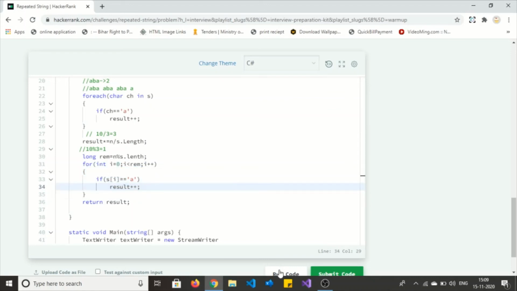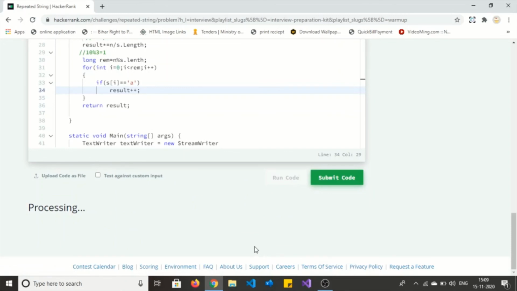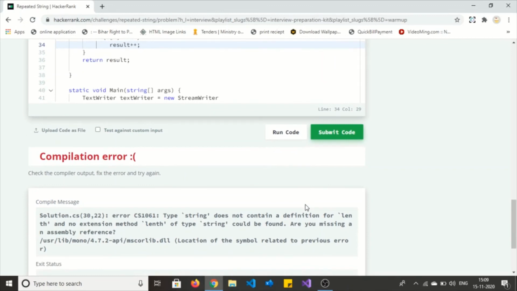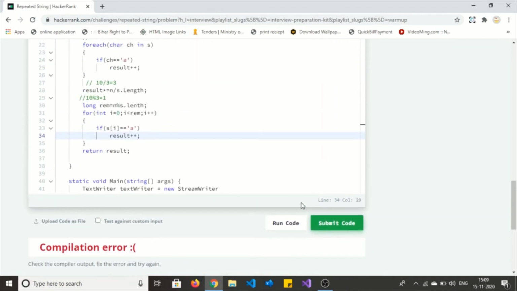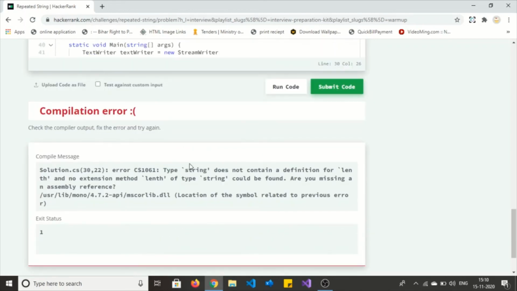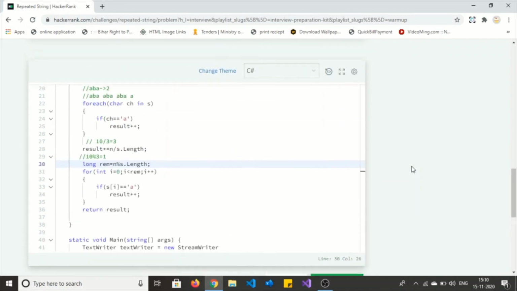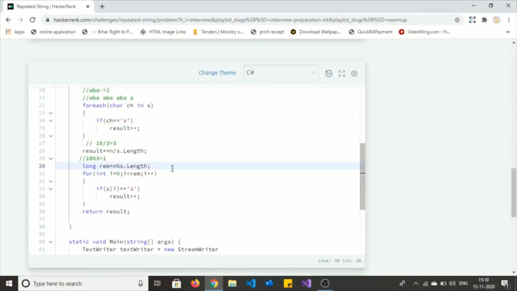So let me run this code for sample test case validation. Here was the problem: I'm getting this exception because I misspelled length.